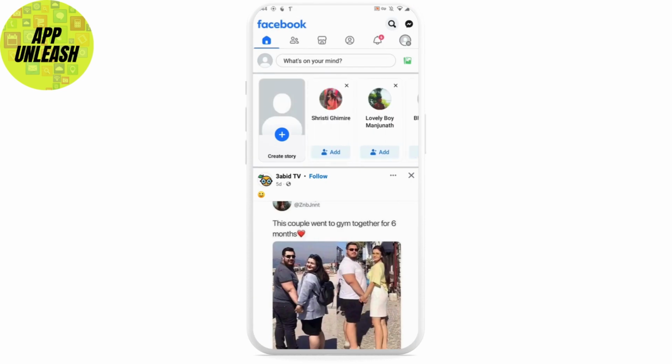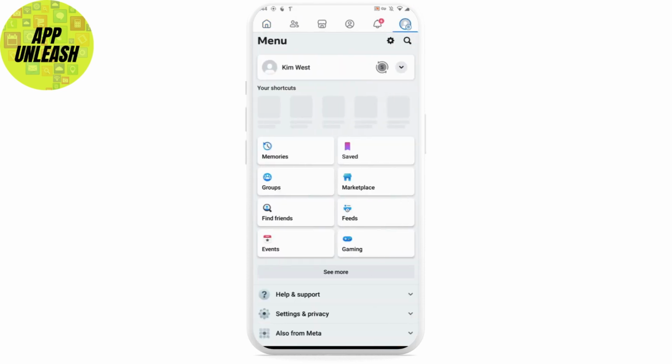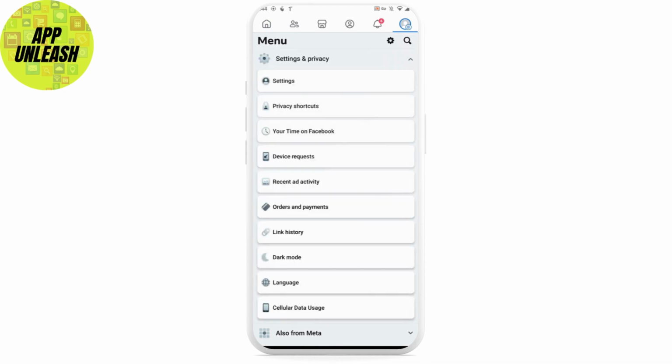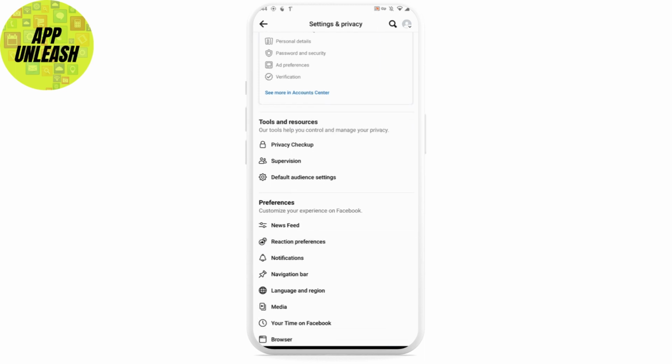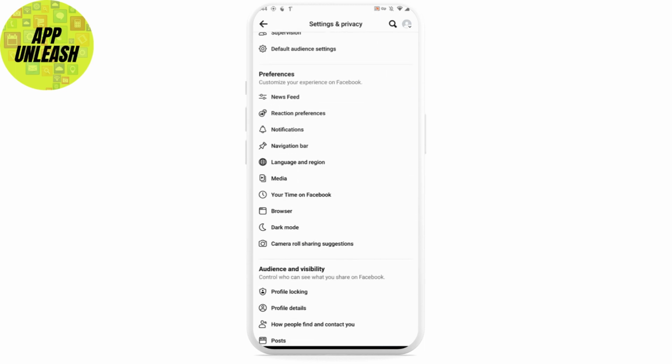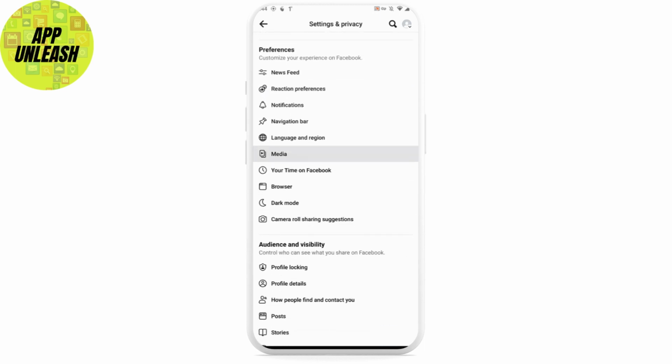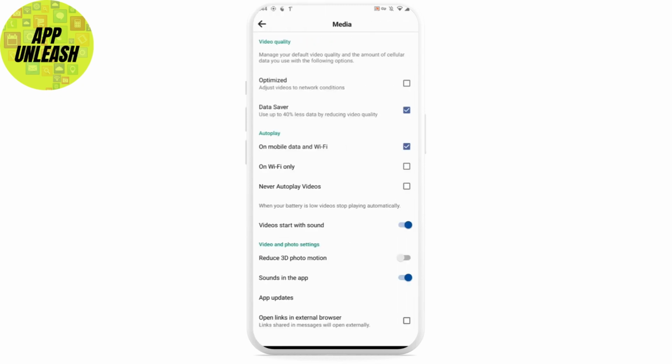and tap on the three bar icon which is in the top right corner of your screen. After tapping on the three bar icon, just tap on settings and privacy which is on the bottom, and inside your settings and privacy just tap on settings. After tapping on settings, now you just have to scroll down, and after scrolling down here you can find this option which is media. So just tap on this option,